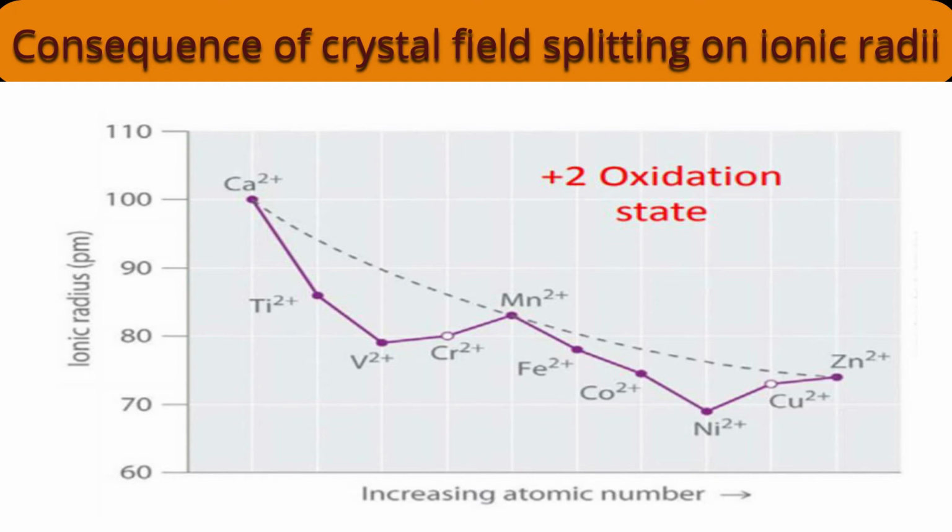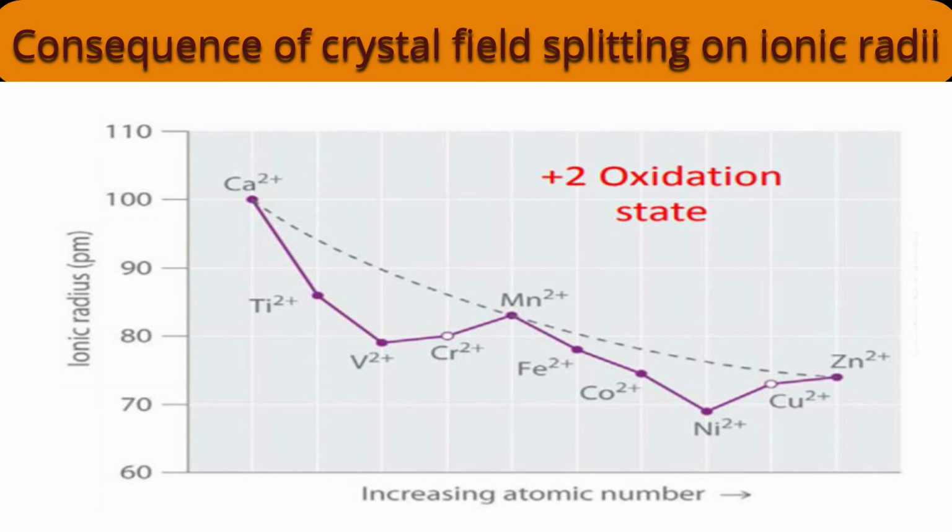Now Zn+2 is a d10 electronic system, meaning t2g6 eg4. Four electrons are there in the eg orbital, and the CFSE is 0, as was the case for calcium+2, a d0 system, and for Mn+2, a d5 system. Therefore, Zn+2 is on the dotted line. So except calcium+2, Mn+2 and Zn+2, the other cation sizes we found to be less. The reason is splitting of d orbitals in the octahedral field and distribution of electrons.